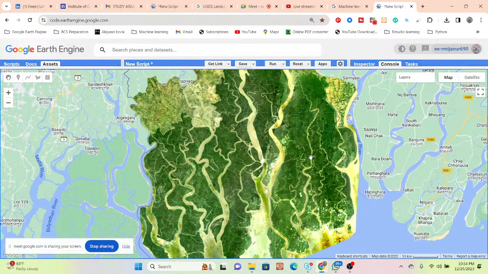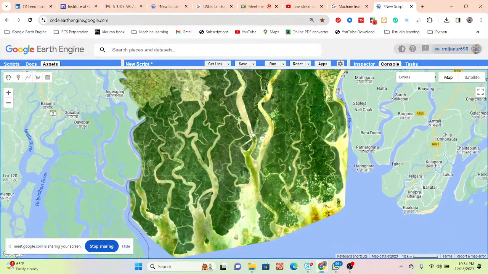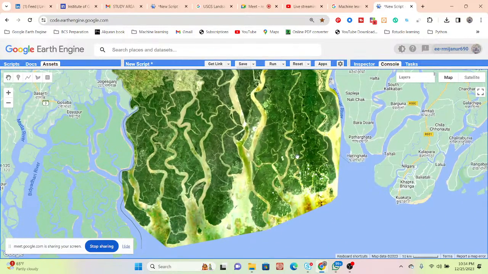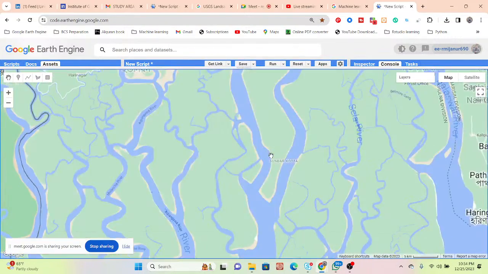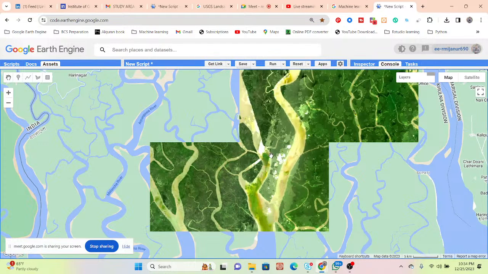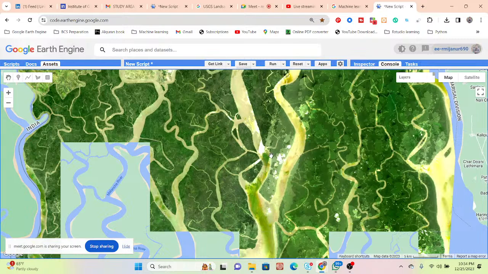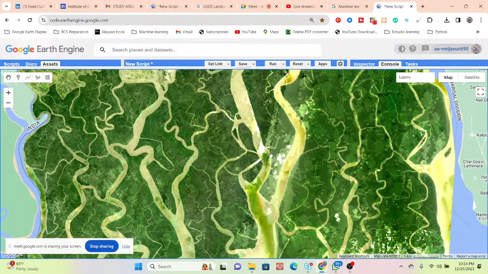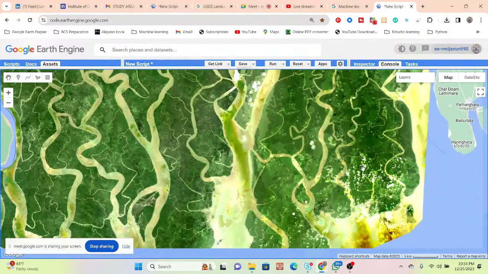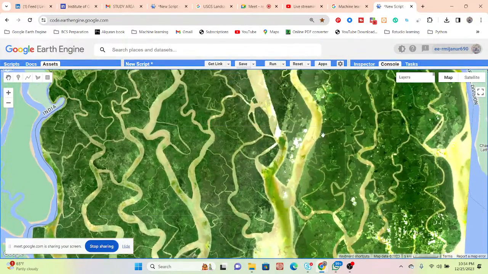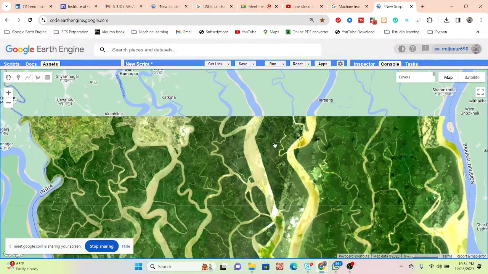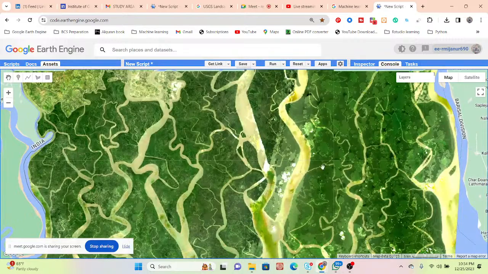So some cloudy image also, you can see this type of region, you can get some cloud. Very little cloud we can find after applying that. Basically it's a coastal region, so all the time there is evapotranspiration or condensation for the formation of the cloud, so it's very difficult to find a very cloudless image. In this time we can get some of the cloud in here.